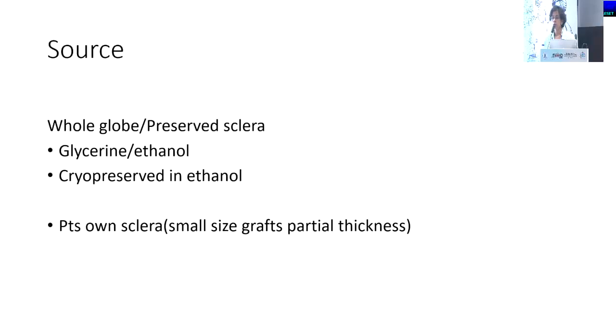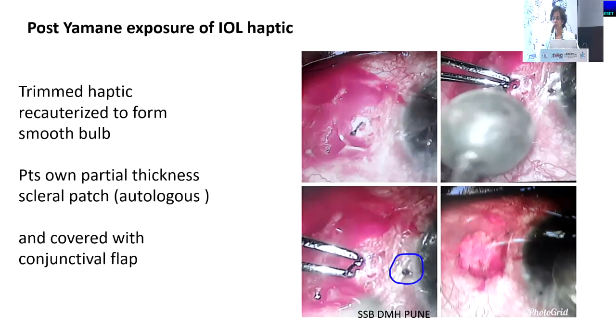So the patient's own sclera also can be used for very small sized defects. Now this is a case where I used the patient's own sclera. Here, just a 1.5 mm wound. Here, this is the Yamane technique, my initial case, where I accidentally touched the